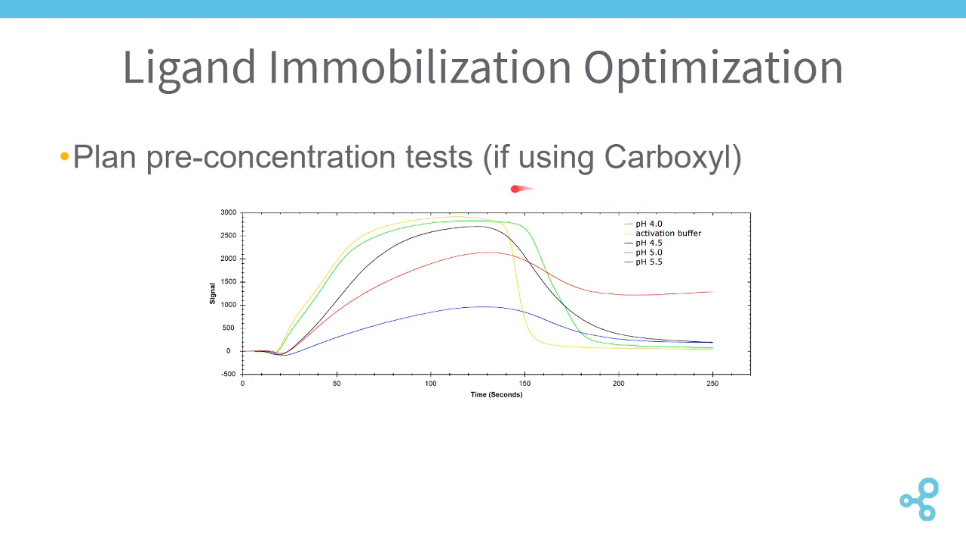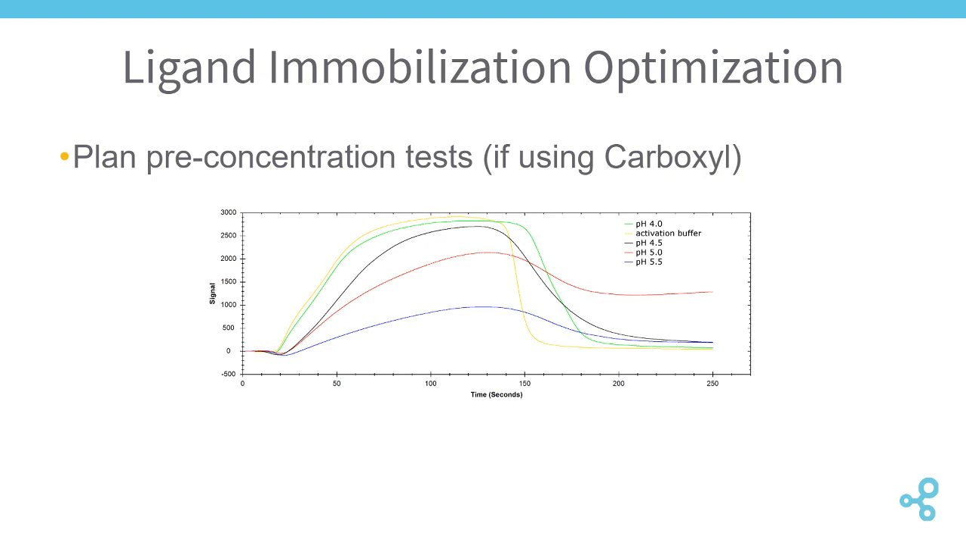In this case here, we see that we have 3 samples that are around the same response change. So that is our activation buffer, our pH 4.0, and our pH 4.5 sample conditions. So what we do when we have similar responses is that we always want to take the highest pH value